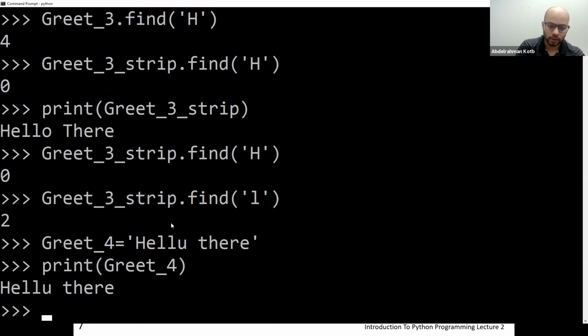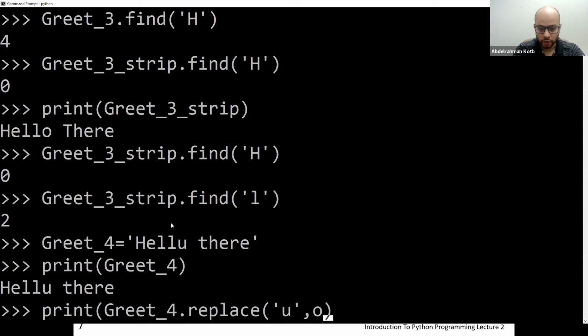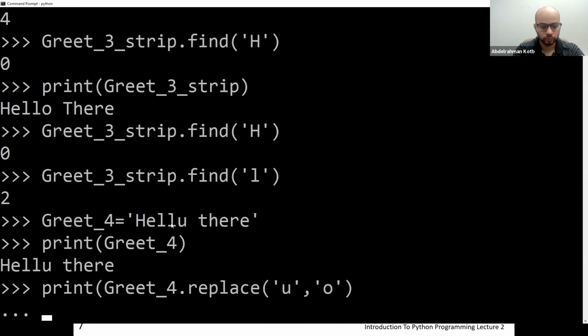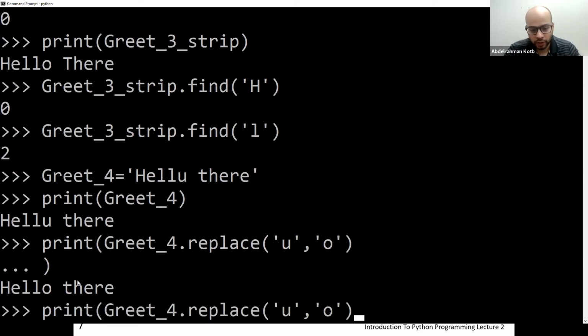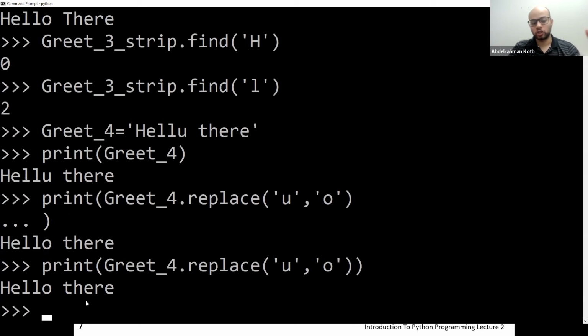So I can come here and say print dot replace. I'm going to say U with O. The reason there were 3 dots is because I did not close this bracket, so for Python it seems like there is something missing. So now it's changing the U in hello there into an O.